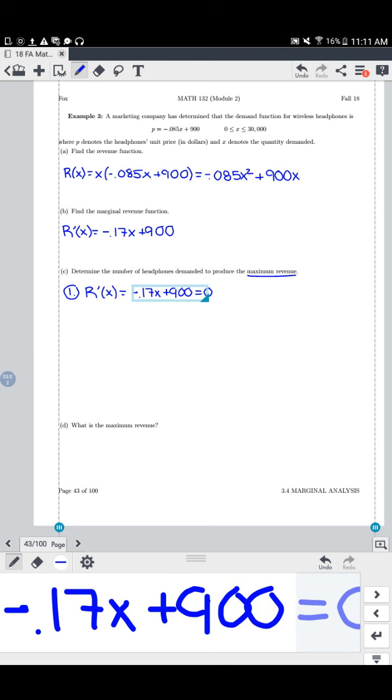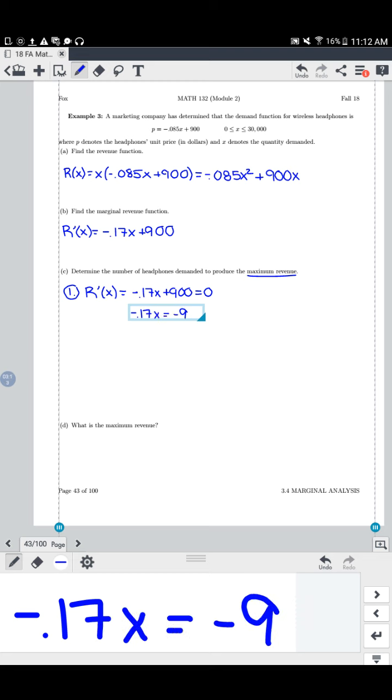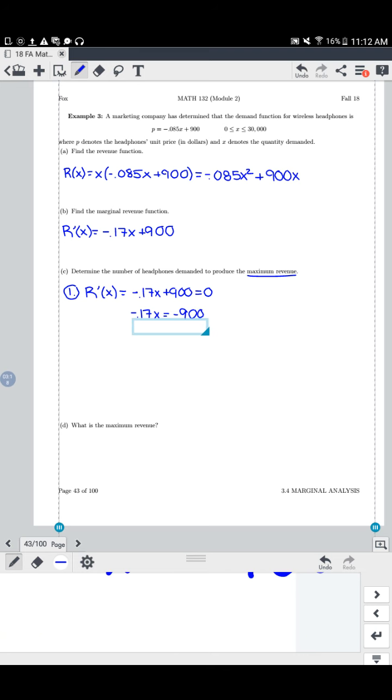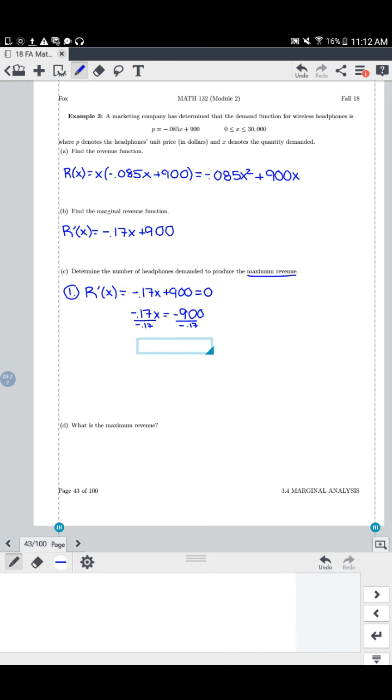So we need to solve this. This one I don't even need to factor. It's not as hard as the 4.1 problems. We just need to move that 900 over. So I have negative 0.17x, and to move the plus 900 over, we'll subtract it. And then the next thing I need to do to get x by itself is divide both sides by negative 0.17. So my x value, my critical number here, is going to be negative 900 divided by negative 0.17. That's about